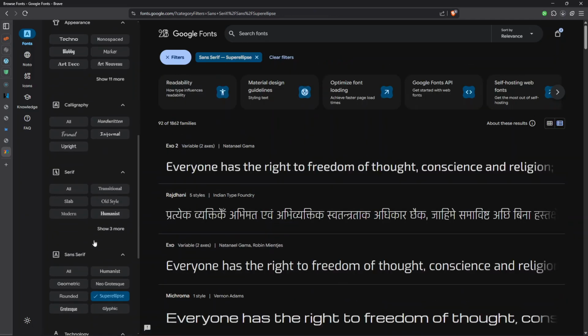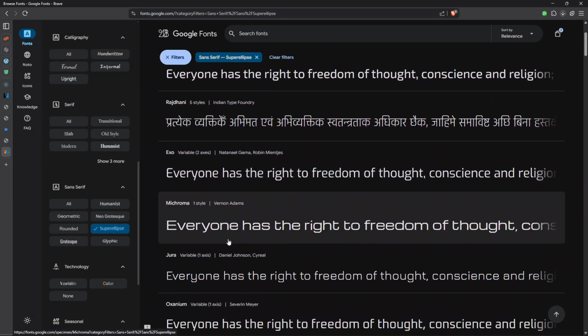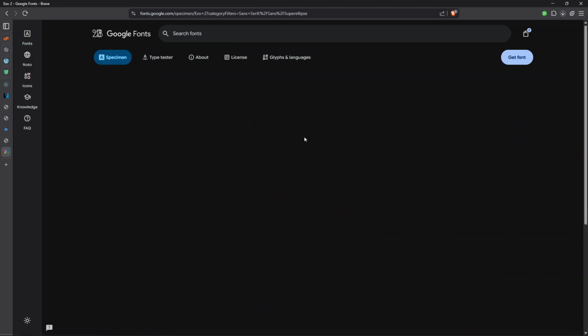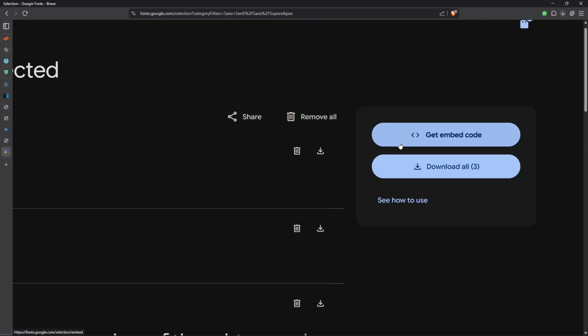Okay, just pick any font you want. For me, I'm just scrolling down and picking this one right here. You see these different styles in this case, so I'll just pick this first one. If you're done, you can click on get fonts right there and download it to use offline,